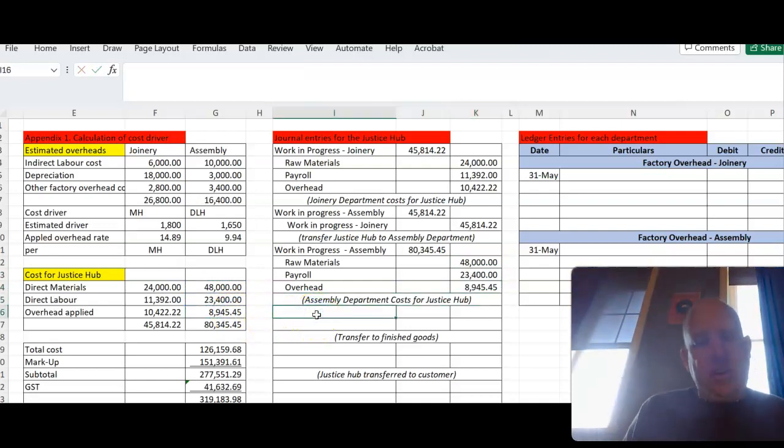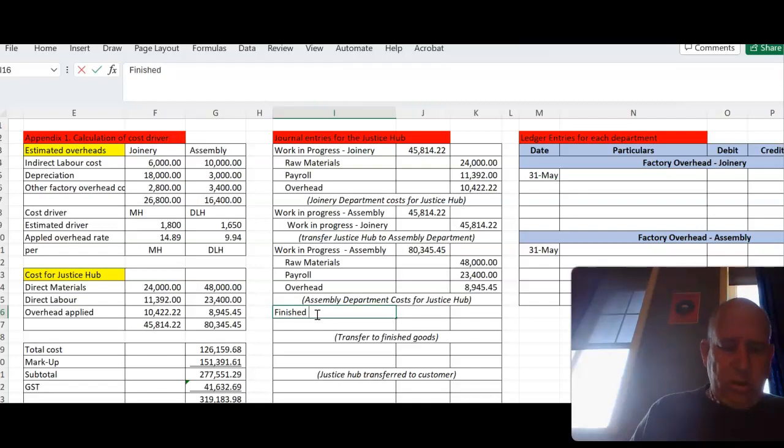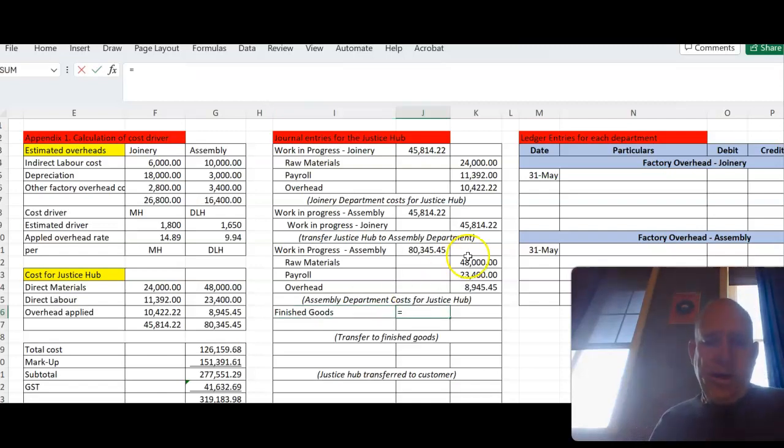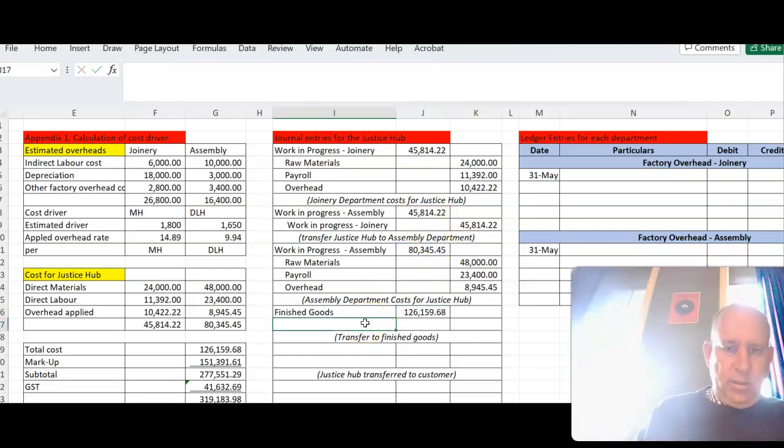Then when the job's finished, it goes into the shop, ready for the customer to take away. So the shop is called finished goods. If you're a service business or it goes directly to the customer, you won't have finished goods. And that's going to be those two added together, total cost of the job. And it goes into finished goods